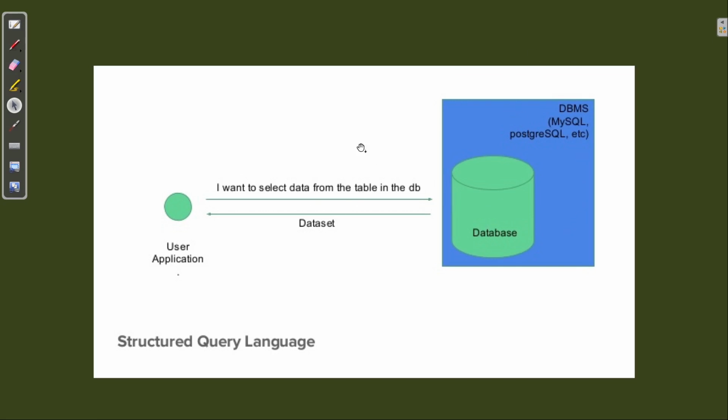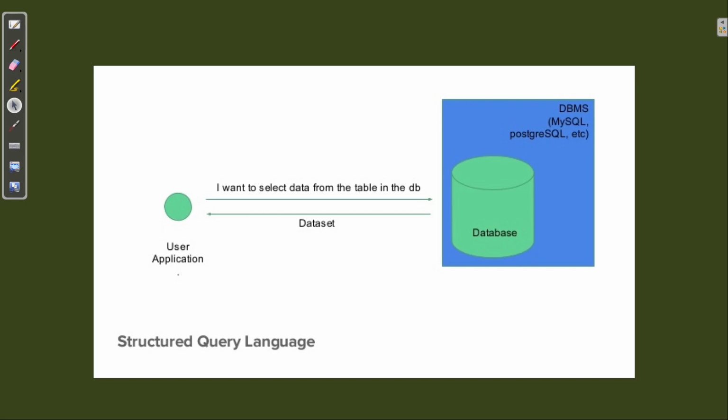So talking about the DBMS, we are going to work with MySQL. So you need to install it, and if you have not installed that on your PC, then you can just check the description box. There we have already given the instructions on how you can install this MySQL.